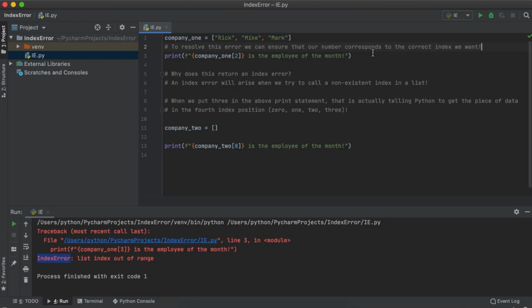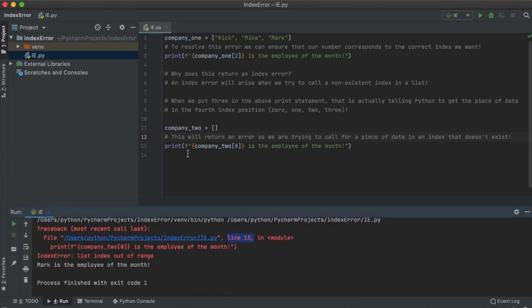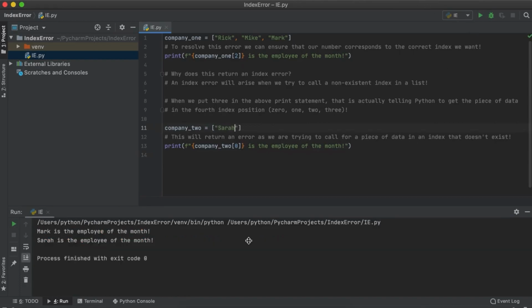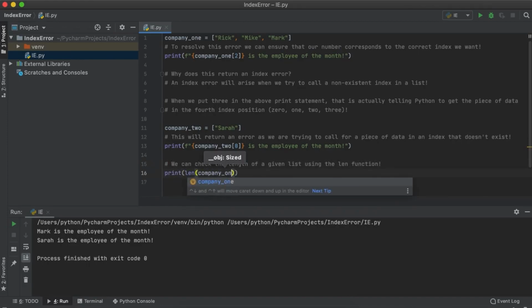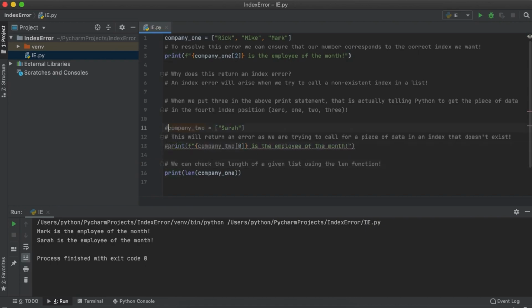The easiest way to resolve these sorts of errors is to ensure that the index position you are trying to call or retrieve is a valid option. If I run into these errors, the easiest way to fix it is to either print your list and ensure that your list looks the way that you expect it to, or to check the length of your list and ensure that the value you're trying to call is between 0 and the number you retrieve from the len function.